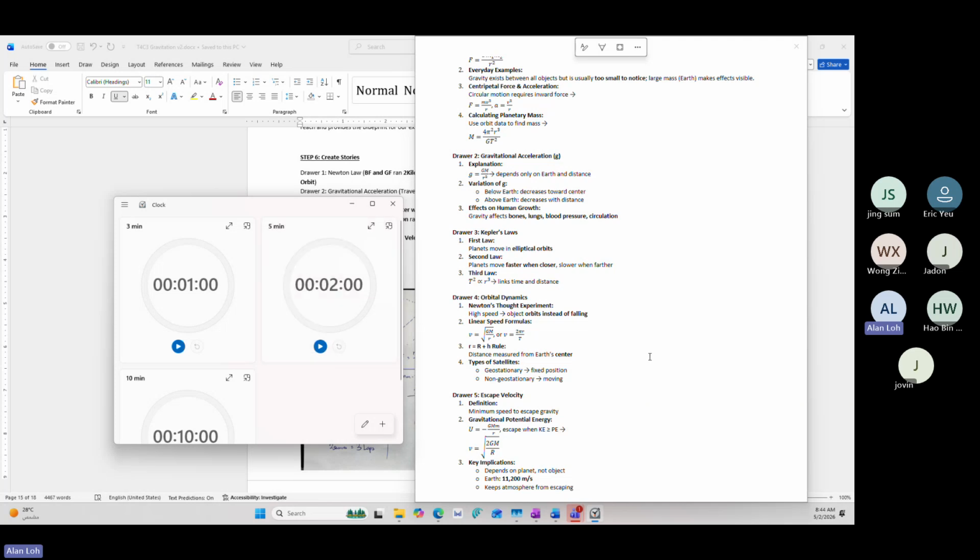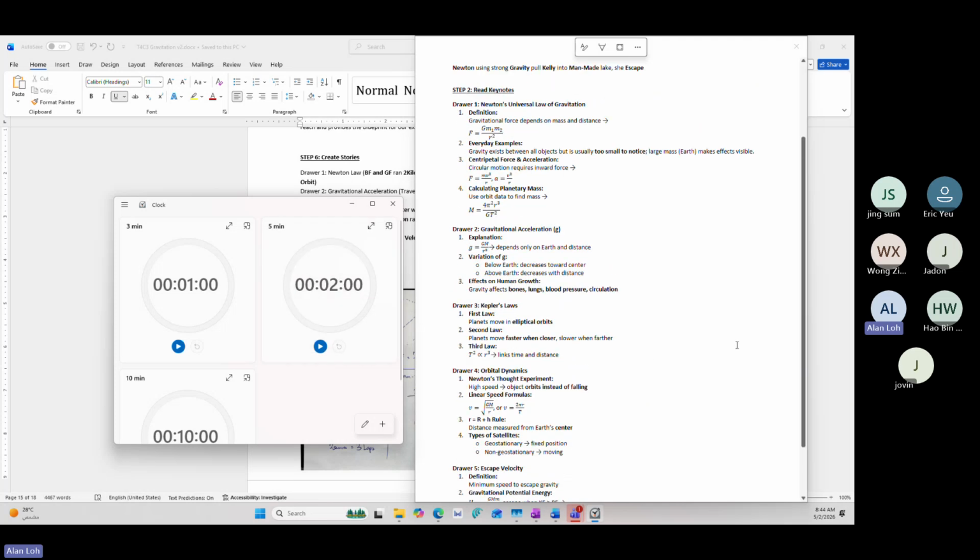All right. Okay, let me emphasize again. I'm not your physics teacher. I'm facilitating or guiding you on this study method that has 10 steps. And we study together using this study method. We call it brain drawer. And now we are in step 2. So I'm guiding you from step 1, step 2, and so on until step 10.